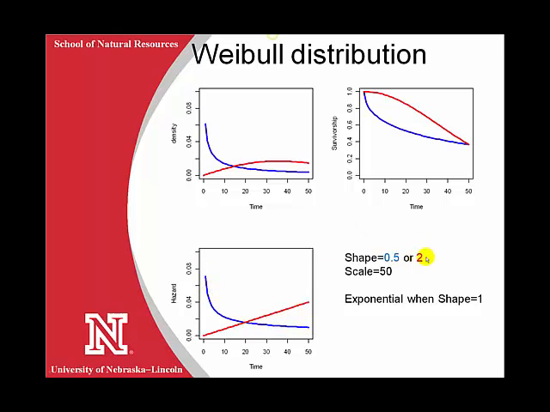When the shape parameter is bigger than 1, we get an increasing rate of events, and so that causes the density distribution to flip around. And we also get a different shape to the